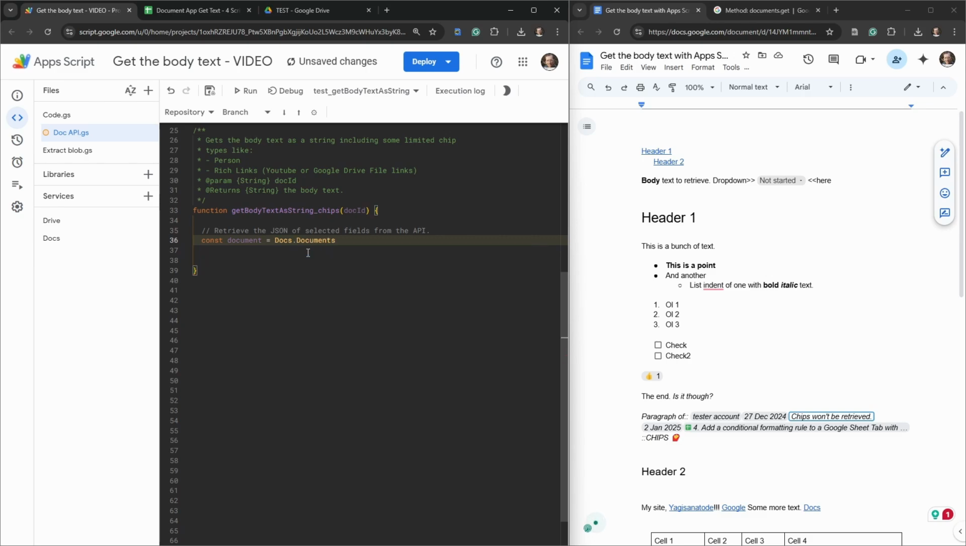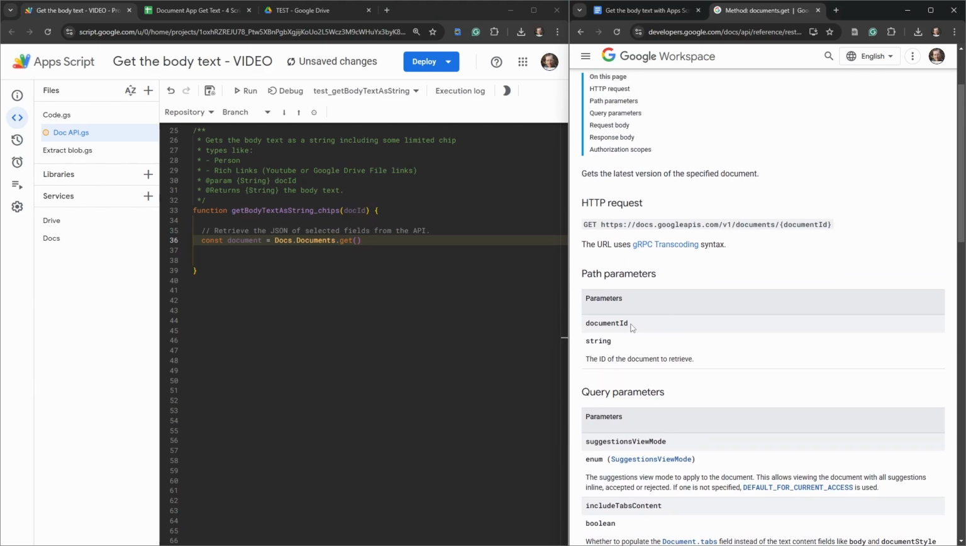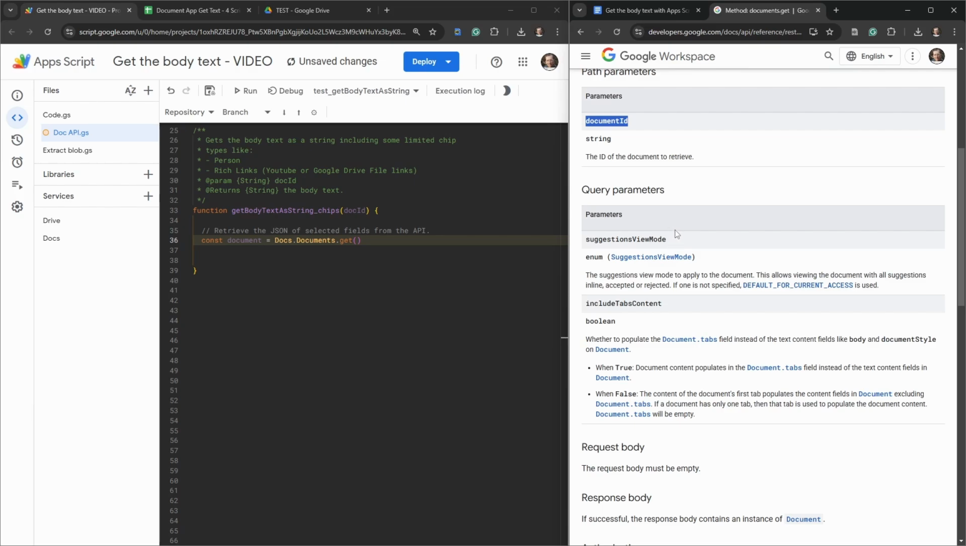So let's tab into documents, and then we will use the get method here. Let's have a look at the docs. So this is our get method. The get method is going to require a document ID for us and also a bunch of query parameters which are optional. We have an option to include suggestions, to allow us to iterate through the comments and suggestions that appear in a document. We definitely don't want that, and if we leave it out, it means it won't be